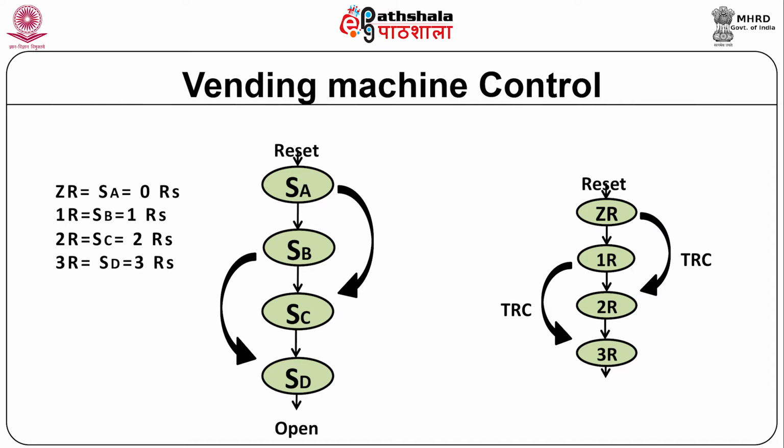Imagine a vending machine that accepts combinations of 1 rupee and 2 rupees coins to get a sweet packet. The cost of the sweet is 3 rupees and the machine does not return change. First, establish the states that the vending machine might be in. 0R is equal to SA, that is the start state where no money is inserted. 1R is state B, where a 1 rupee coin is inserted, and 2R is state C, where a 2 rupees coin is inserted, and 3R is state D, that is done,